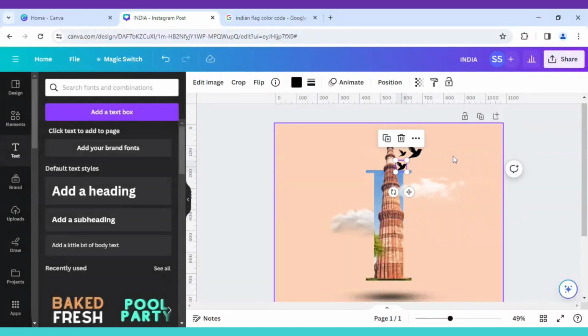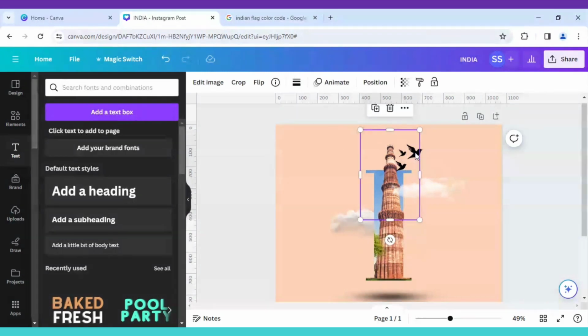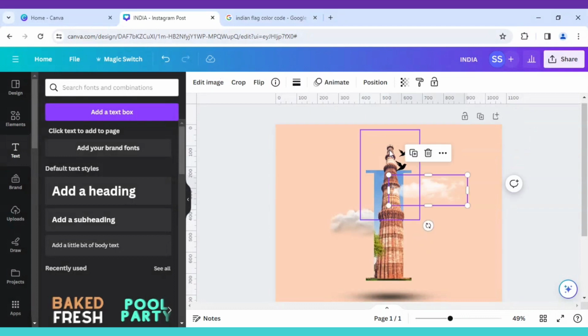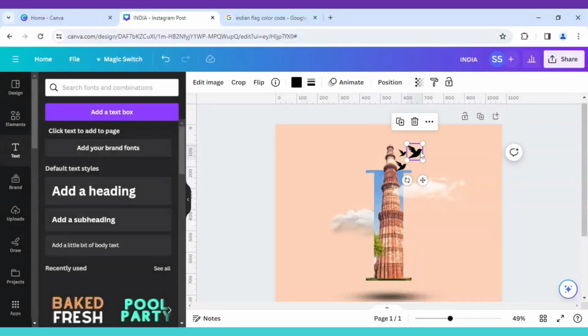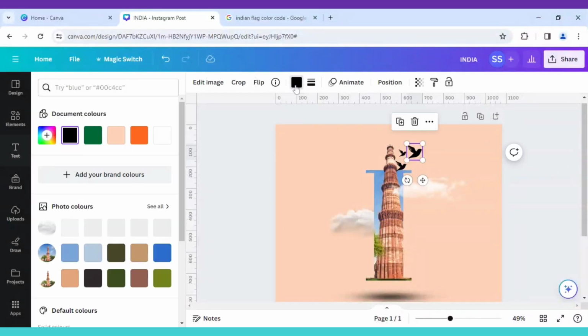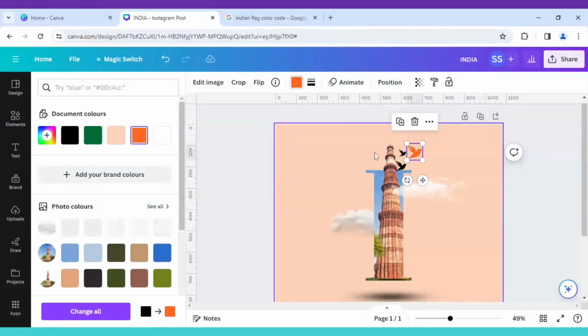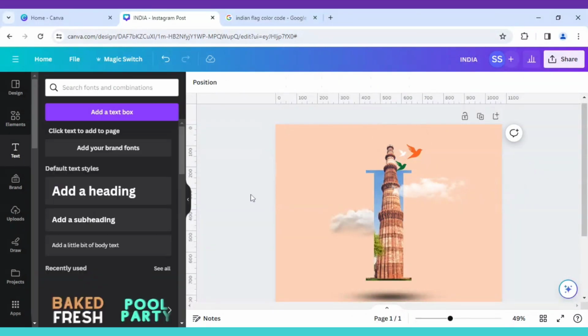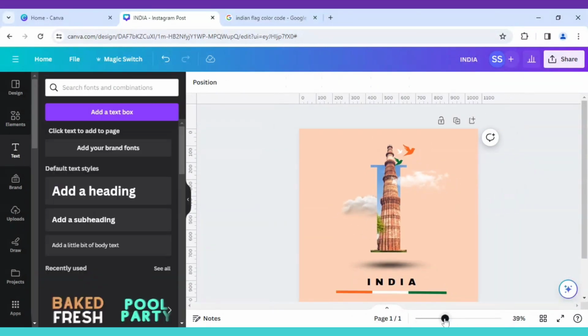Now I will change it to the tricolor again. Just crop it here for the Qutub Minar so that we can hold on to the elements properly. I will go to color here and click on saffron, white and green. So this is the letter portrait which is ready. As you can see,